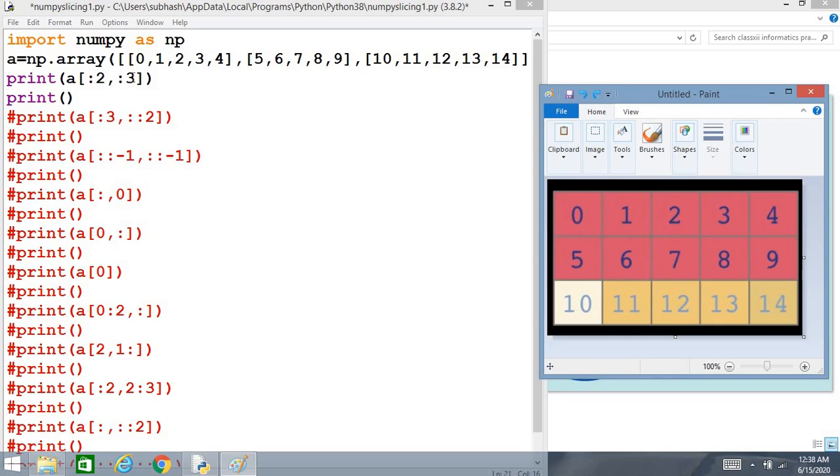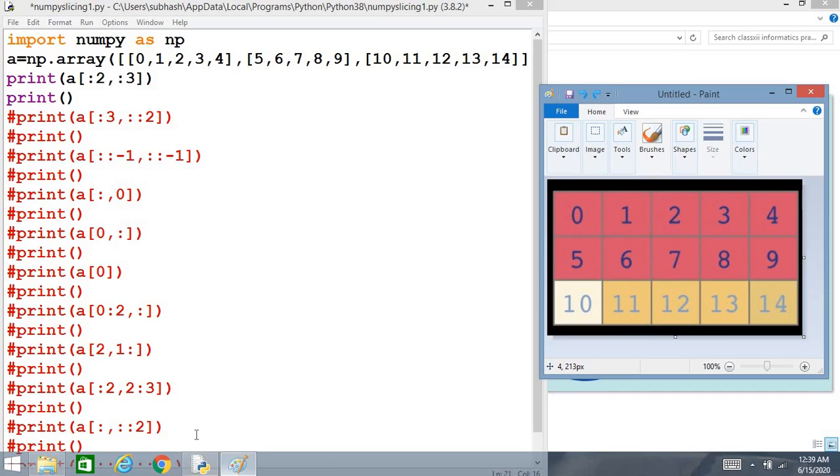Okay, stop, we have given stop as 3, so it will move up to 2 only. So 0, 1, 2. So what will be the output you are getting? It is the 0th index, the first index, second index. So 0, 1, 2. So column will be 1. These 3 columns will be taken for these 2 rows. So the output will be this one, isn't it? 0, 1, 2 and 5, 6, 7. This will be the output.